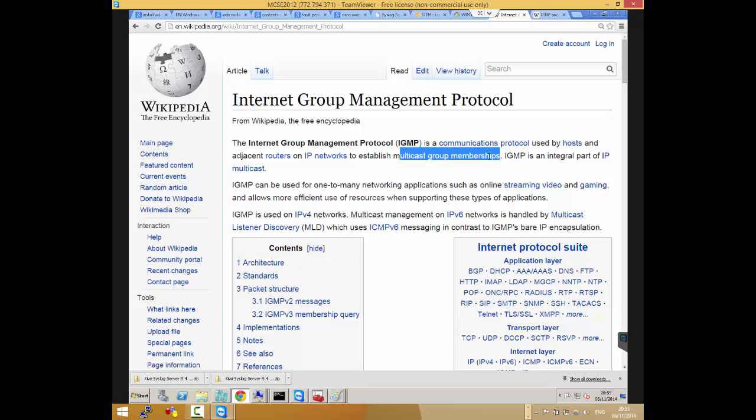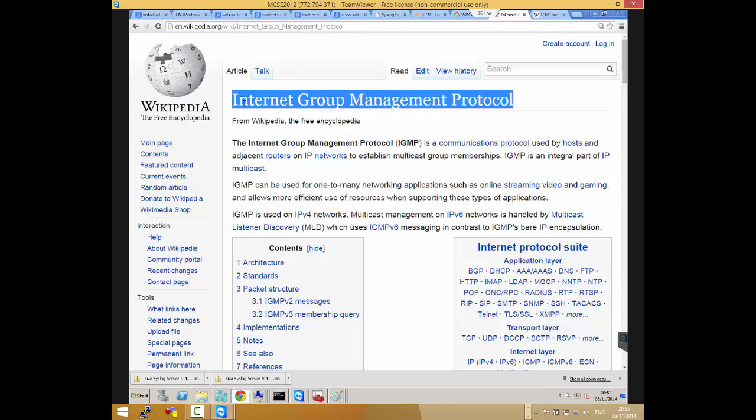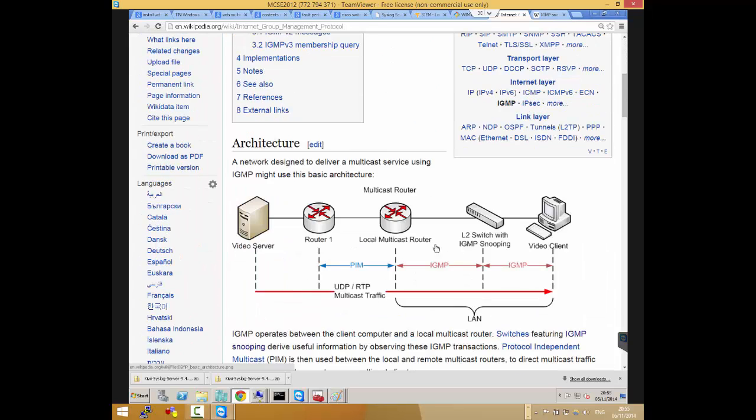So I know that device A on port A on me has requested this transmission, so I'll send it to here. Device 27 on my port 27 has requested it, so I'll send it to that device. But if IGMP is not there, there's no way for it to know, so it will just send it to everyone. So that's the reason why IGMP will make your multicast more effective.